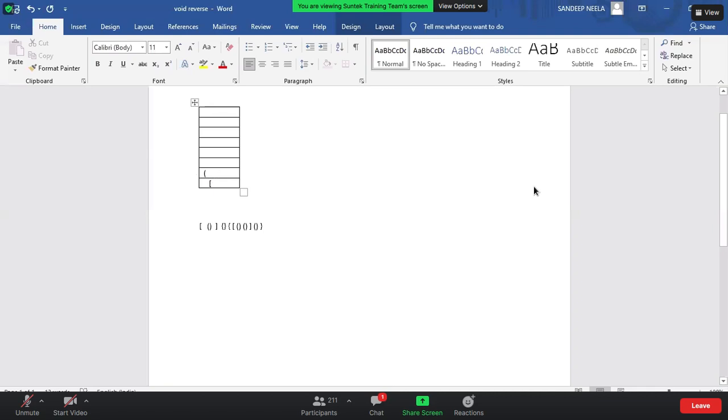Then I will pop this element. That means I will remove this element, so that these two are mapped. Next, I will check the next element. Again, is it matching with the top element or not? This is open, this is closed, so both are matching. Then I will pop the stack.